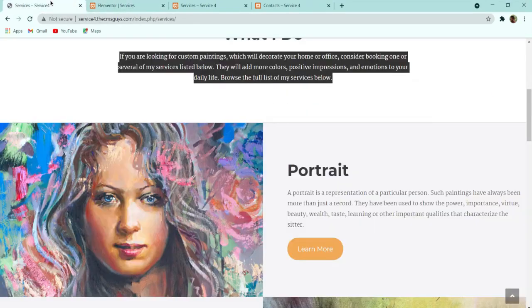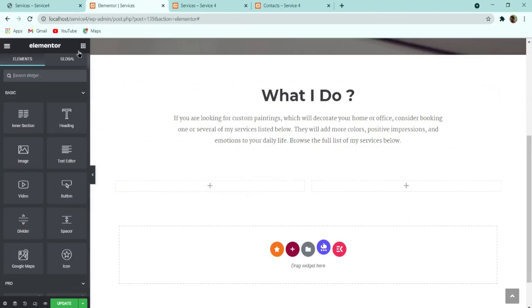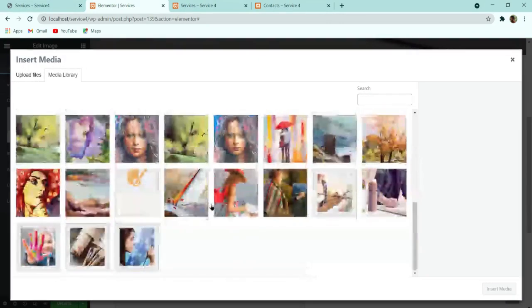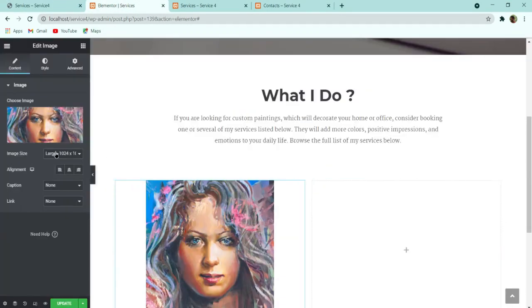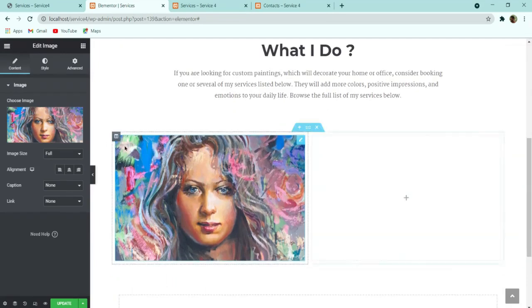Here you can see that on the right hand side we have some text, and on the left hand side we have the image. So click on these 9 dots and go to the element section, and simply drag this image to the left hand side, and here let me add the image which is there. I think this one is the image. Simply click on insert media, and make the size full. You can use this one, it has more pixels, that's why.